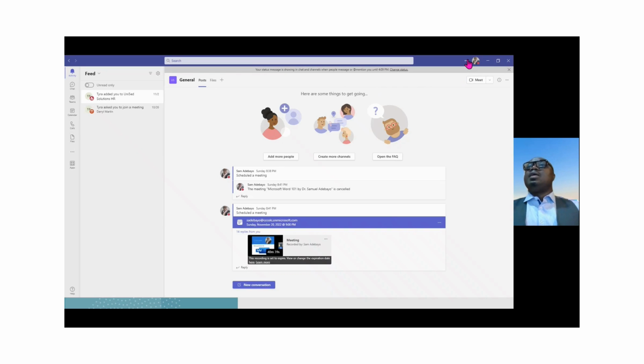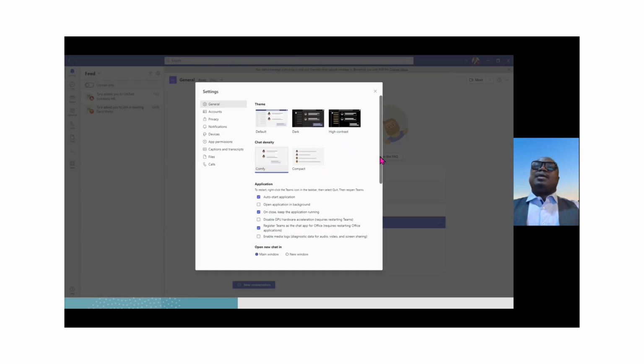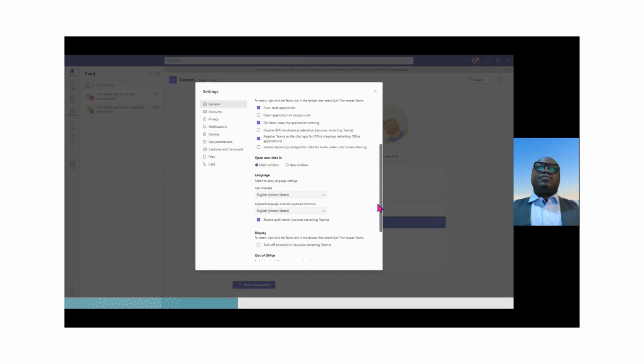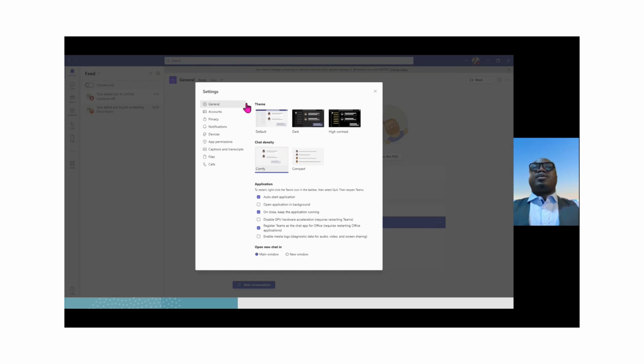So let's go now into setting up our Microsoft Teams. If you click on this ellipsis right here, then we go to settings. And that way we can customize and set up our Microsoft Teams. And under general here is showing us how to set up our team. I'm using the default thing, which I like because it is clearer for me.